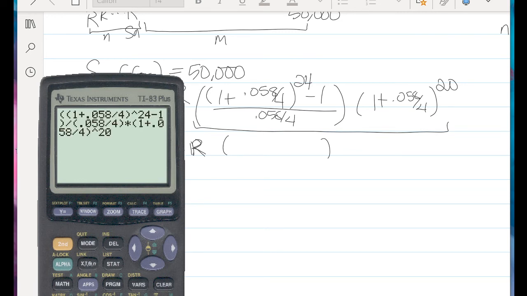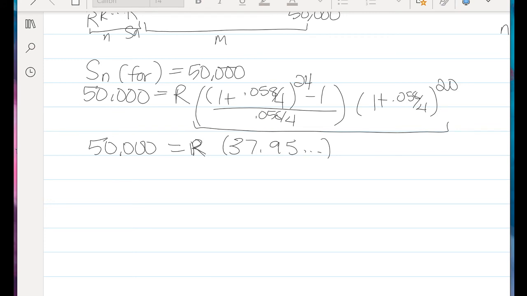So what I did is I inputted this already into the calculator. Okay, and we get 37.95. Remember, it's going to be a big decimal. We expect that. So then R is going to be 50,000 divided by that answer. Okay, so here we get R is equal to